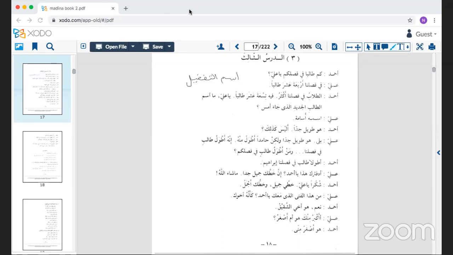Now yesterday, we were reading over here, and we were introduced to these numbers, 19 طالبا, and then we read down